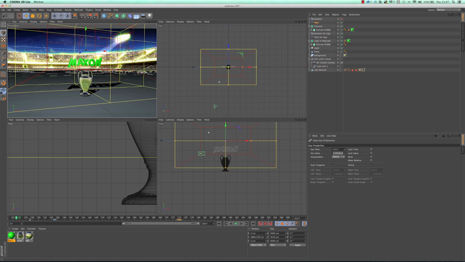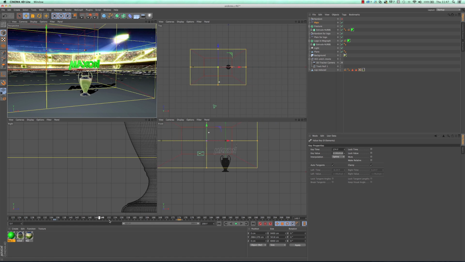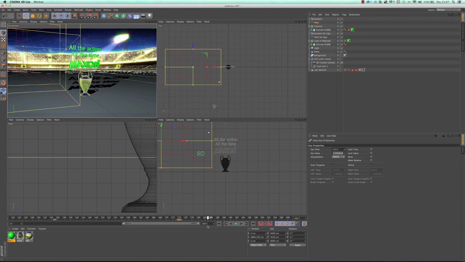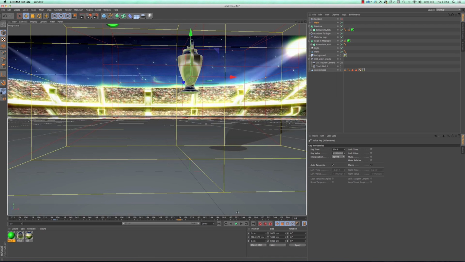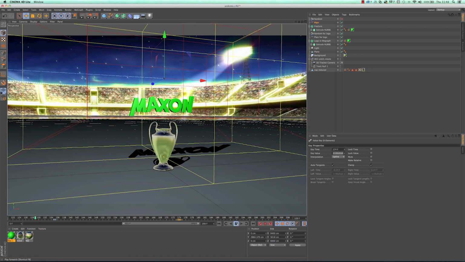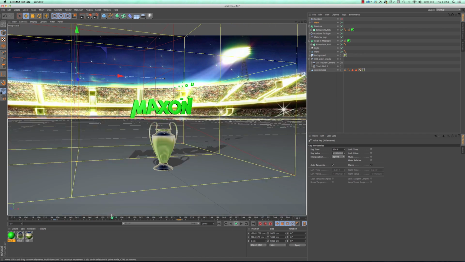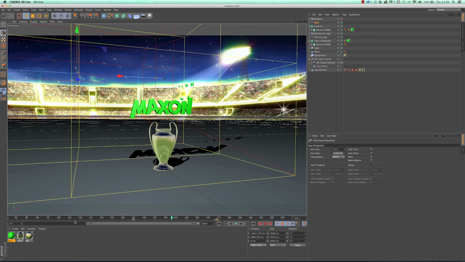So if we now scrub the timeline, yeah, it's a little bit longer, so that's probably a little bit nicer. You can play with that as much as you want, but hopefully what this shows you is you can build up effects and you can work in different ways and get some really nice stuff. And now we've got an animation that looks like this. Now I need to remember to sort my timeline out, so I'll just drag this again.